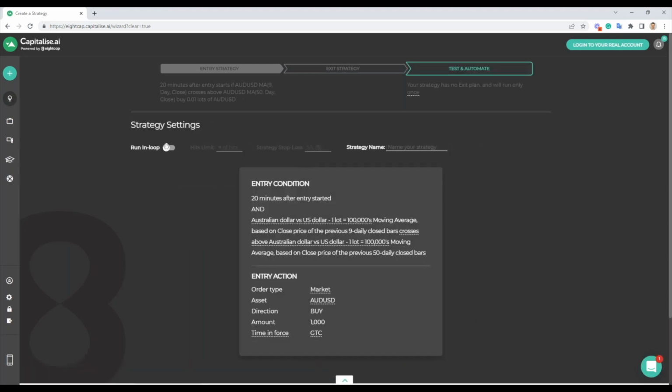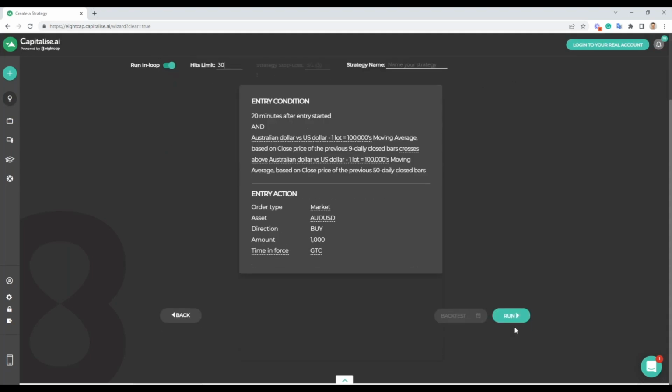And here we're going to want to run it in loop. So when this triggers, we're going to have 20 minutes. That's 3 trades an hour by 24. That's 72 trades that this could possibly take. But you may not want to take all those 72 trades. You may only want to take the first 30 trades of those. You can go ahead and put that in the hit limits.